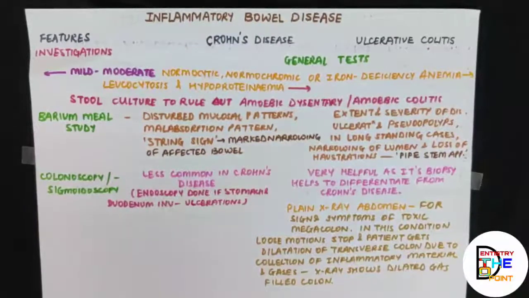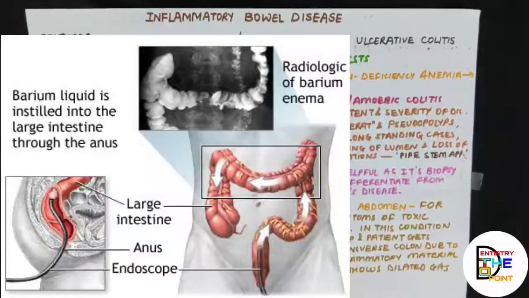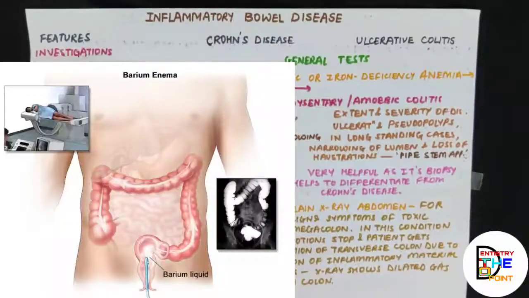And for example, if you have to do it for ulcerative colitis, because ulcerative colitis mostly involves your rectum, you do a lower GIT study, actually a barium enema, where you give an enema. Now an enema is a liquid that is injected into the rectum to either expel the contents, to introduce drugs in the rectum, or to permit X-ray imaging. A barium-containing enema is given, and the patient is asked to hold it while the X-rays are being taken of the colon and rectum.